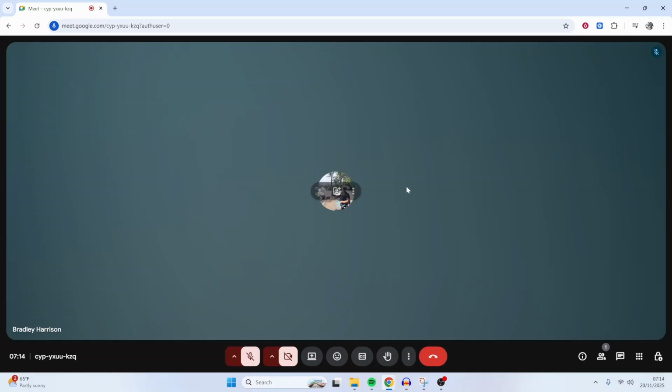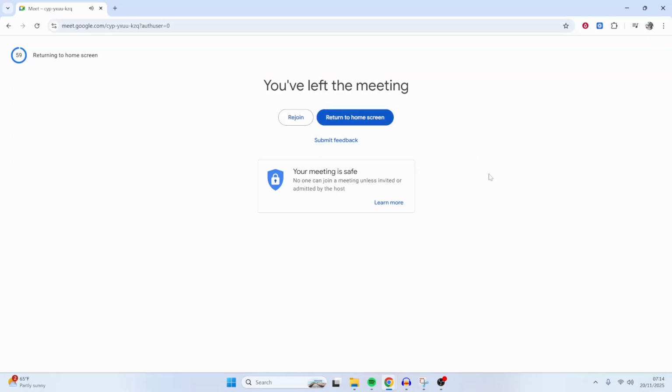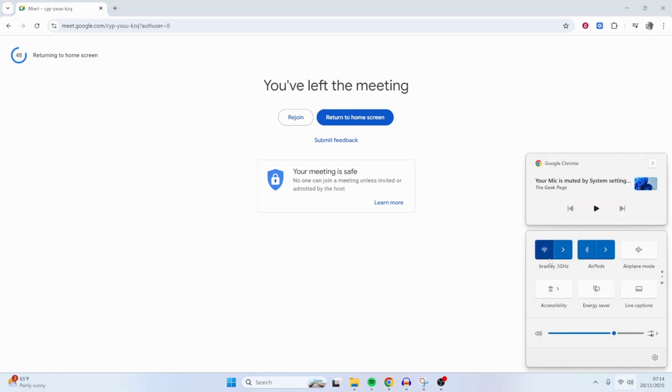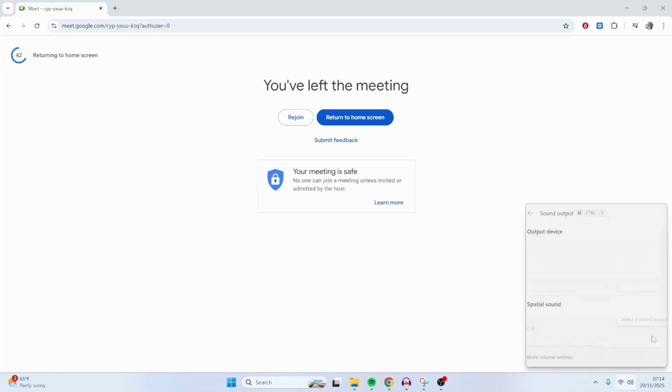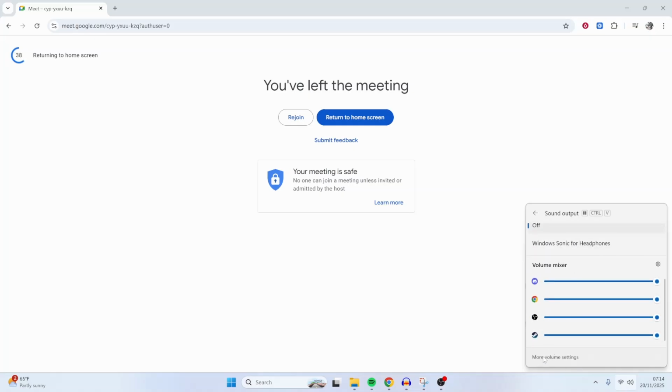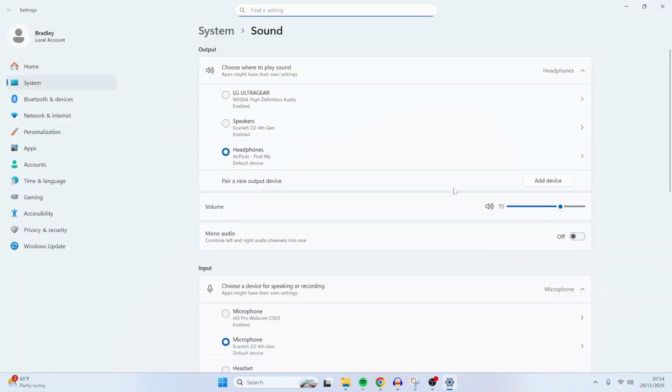But the most likely problem and the reason that you can't use your microphone is due to the system settings of your computer. So if you go to the bottom right hand corner and click on the sound icon, it will then show you your volume. Now what you want to do is click the button next to volume, and that's going to select a sound output. And what we can do is click more volume settings, and here